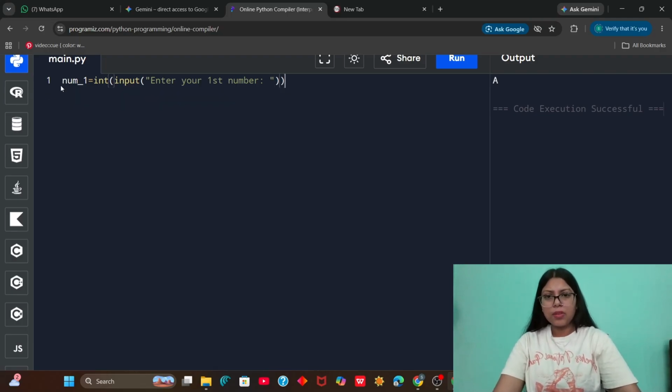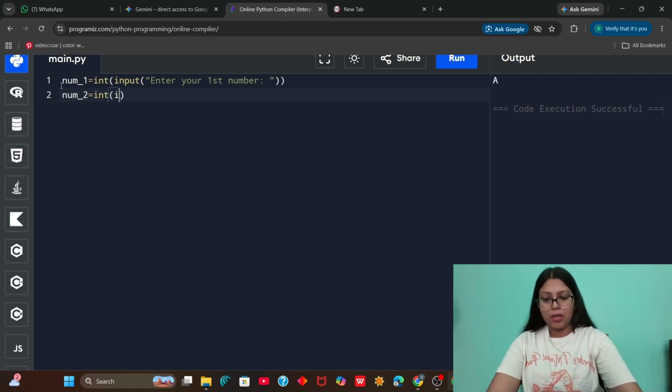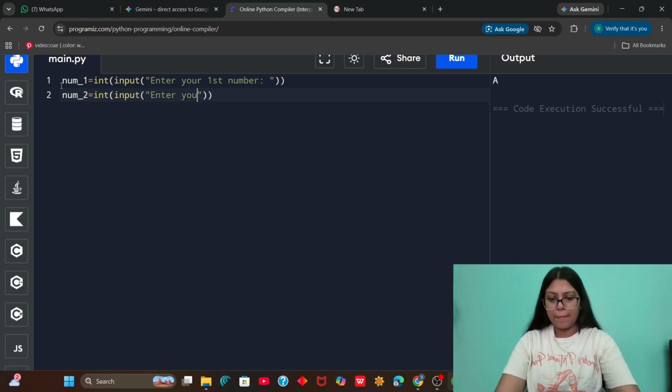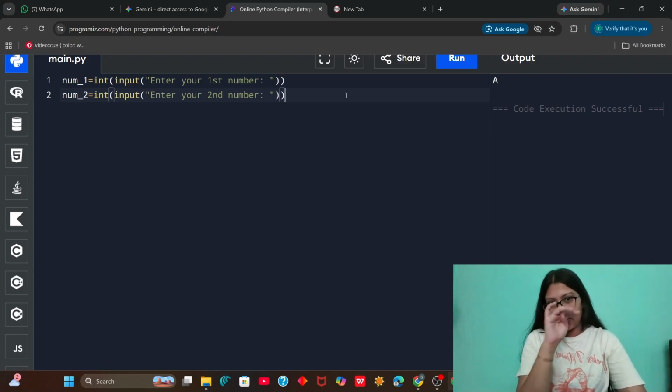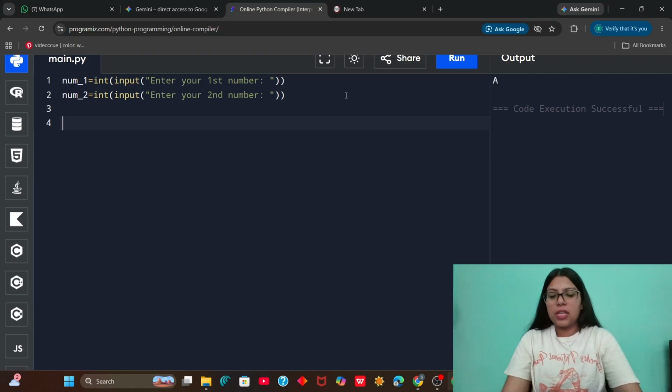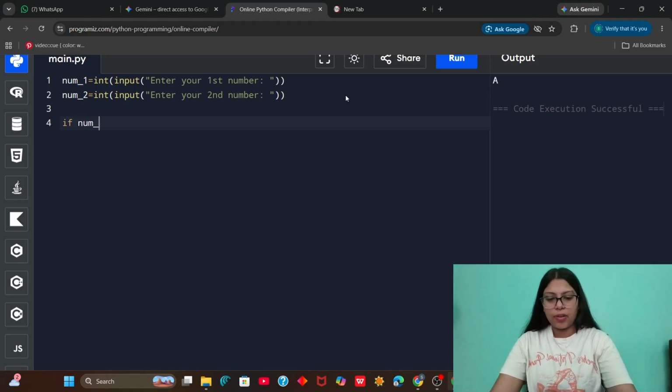Similarly, we have to take the other input, that is for num2. So we take two inputs from the user, and now we have to check which one is greater. So we will write a conditional statement. We have to make a decision, right? We will have to check if num1 is greater or num2 is greater. So we will write if num1 is greater than num2,